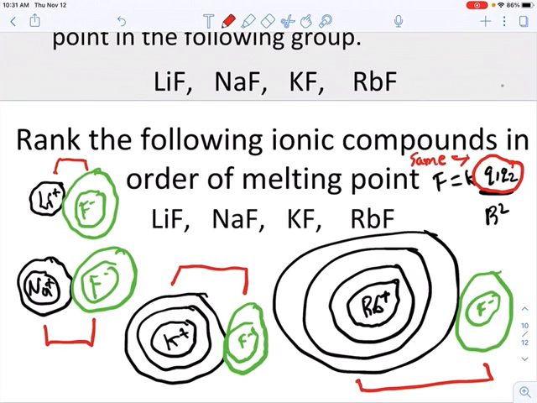And so, as I move down the group, my distance between the charges gets greater. And because of the inverse relationship with force of attraction, my force of attraction goes down as I move from lithium to sodium to potassium to rubidium, which means that rubidium fluoride should melt really easily. These particles are not very strongly attracted to each other. Whereas lithium fluoride, I have these tiny, tiny particles with charges closer together. There's going to be a strong force of attraction there. And so lithium fluoride should have a really high melting point, but rubidium fluoride should have a really low melting point. Okay. All right, I hope this was helpful, and